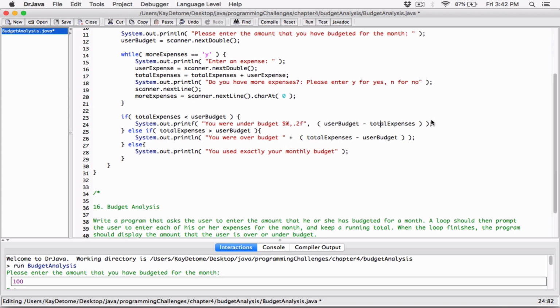I'm going to do the same thing for this over here. I wanted it formatted the same way, so I'm going to copy this. And "you were over budget." I'm going to put the format specifier over there, put a comma, and this is going to replace this here. And then "use exactly your monthly budget" as